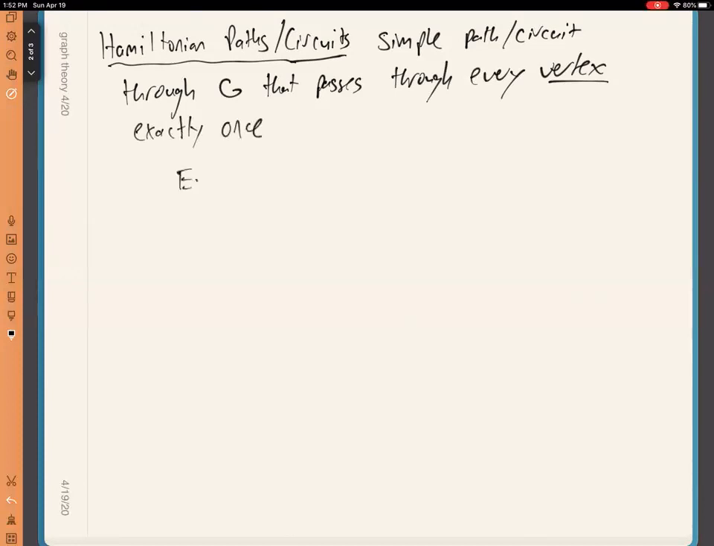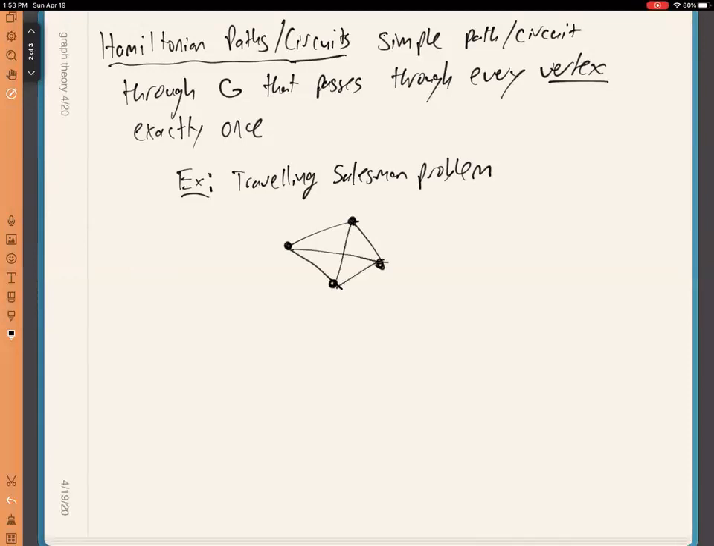And so, where do these things arise? They arise in a variety of contexts. One thing that's worth pointing out is that these types of paths are related to a famous problem in computer science and math, which is called the traveling salesman problem, which we'll talk about a little bit more maybe later this week. And so the problem is the following. Let's say you have a bunch of towns, some different towns that are connected by roads, say town A, B, C, and D, and you want to find the shortest path